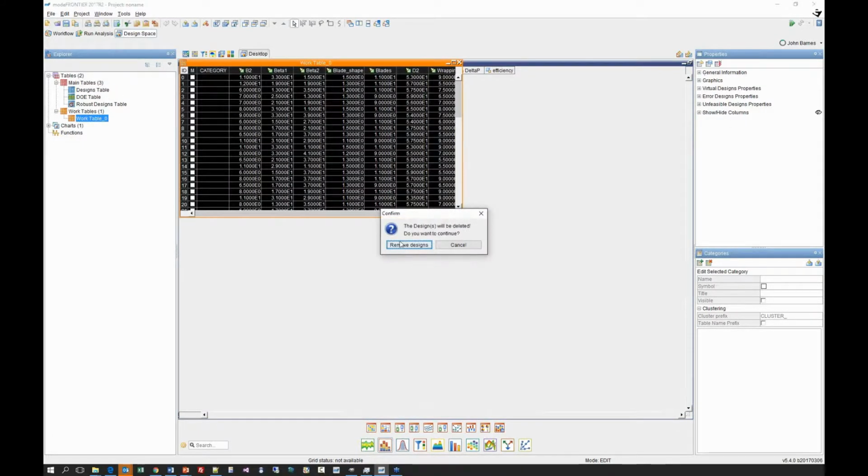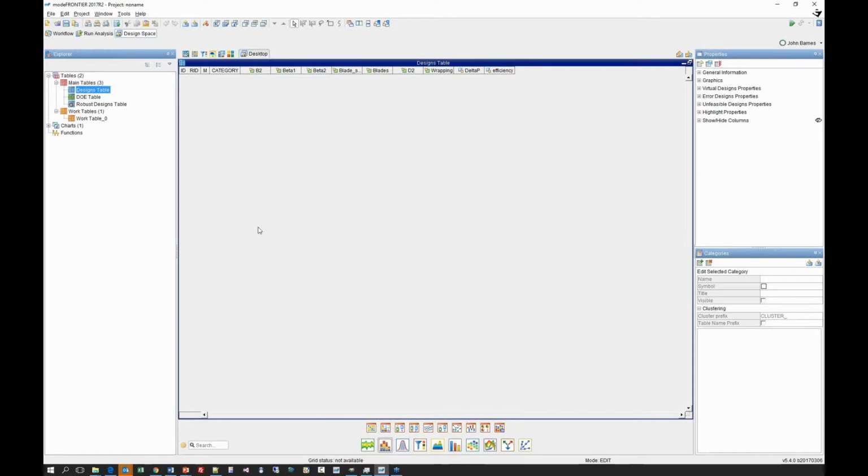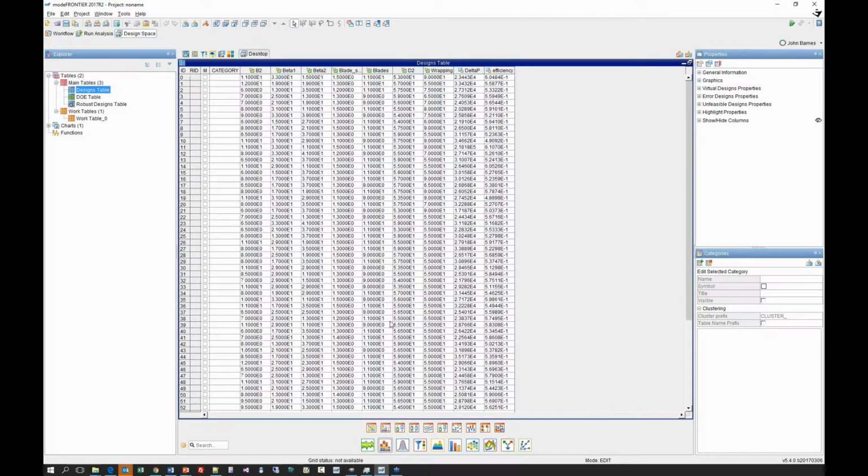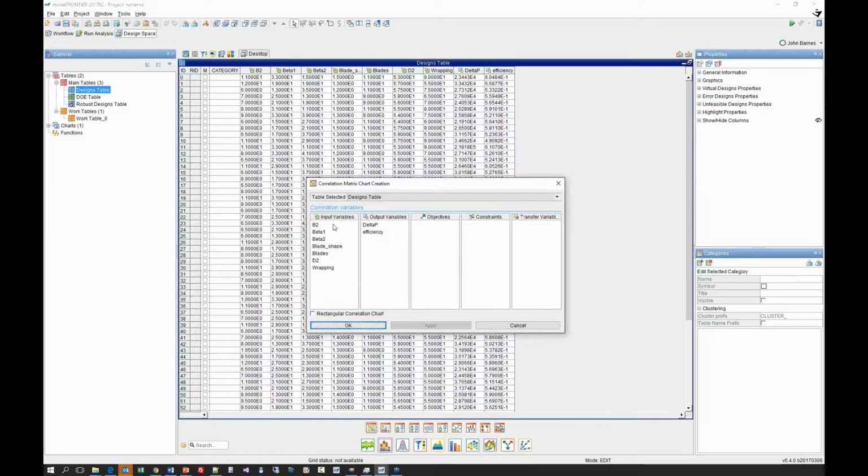So I'm just going to pop that data back into that design table. But we're going to continue anyway with this poor set of data, and we're going to ignore, for the time being, some of the relationships. Just having a little look here. So we've looked at the relationships between the inputs on their own.